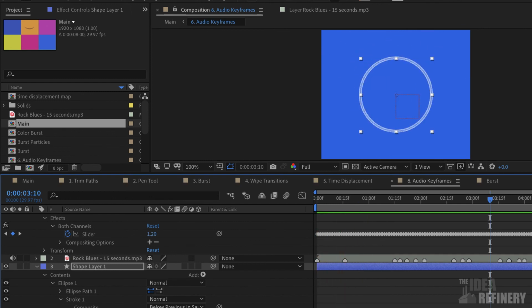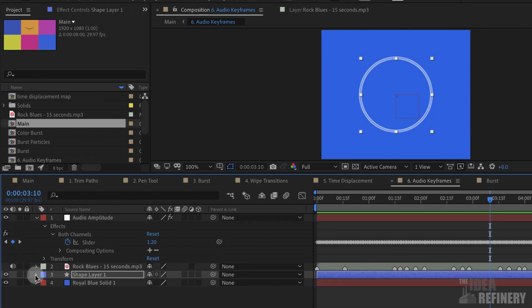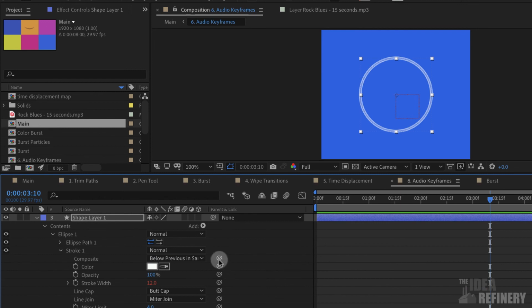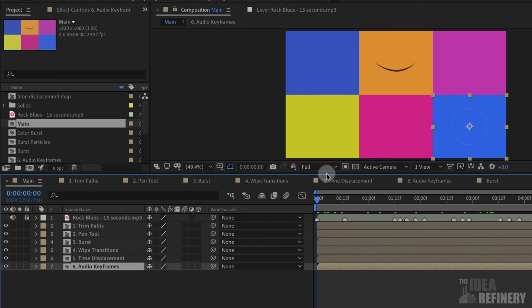Now that's kind of interesting, and we didn't really have to do too much to create that effect. But the real takeaway from this lesson is the value of working with pick whips. We can parent any layer to another layer, but what's really interesting is that we can parent any single layer property to any other layer's single property. This really opens up a lot of possibilities. I'm going to come back to my main composition,